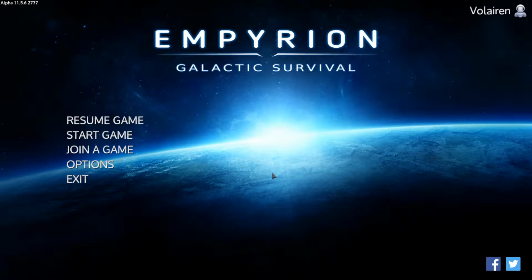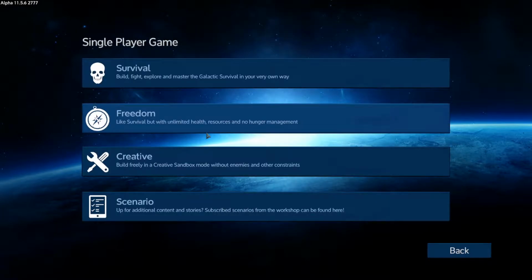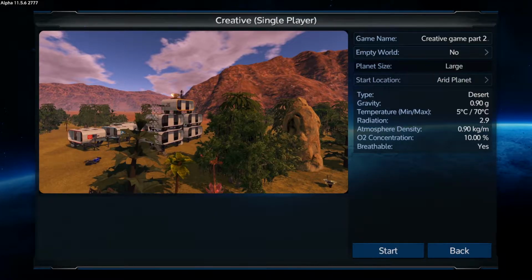So let's do that. I suggest starting a new creative mode game where you can easily build your starting vessel, then blueprint it and build it in survival. So let's pick creative. However, if you want a fun challenge, you can also do it in survival, though it'll take longer and it'll be harder to follow along with the video since we will be building in creative for this video. Make sure you start on a planet when making hover vessels. Since Alpha 11, it can be done in space, but it's a lot easier making it planet side. So make sure your start location is on an air planet, empty world, no or yes, it really doesn't matter,